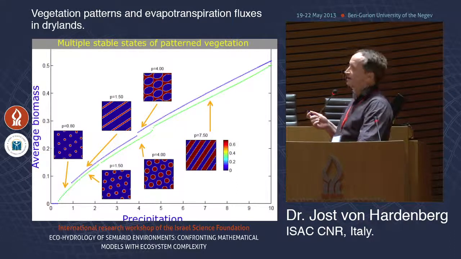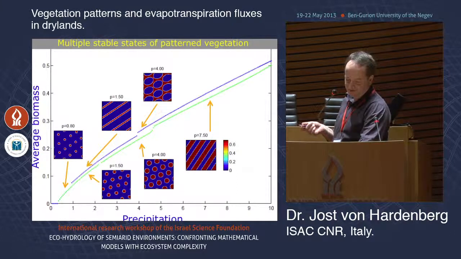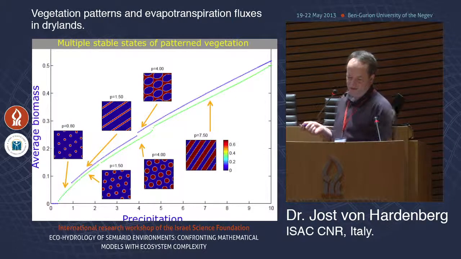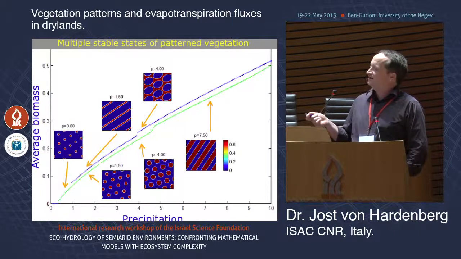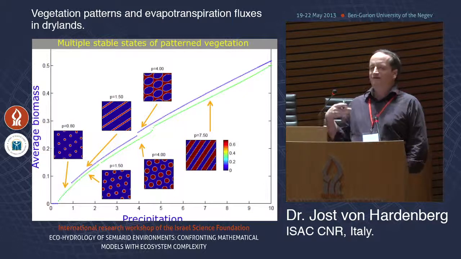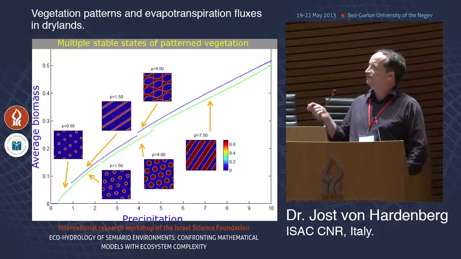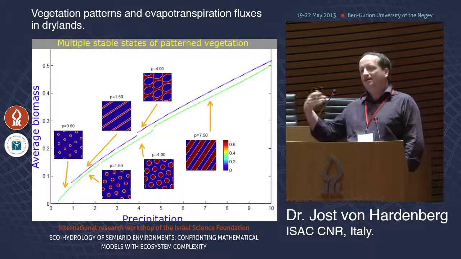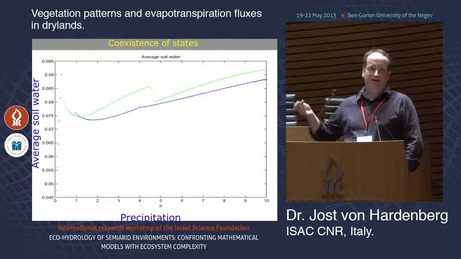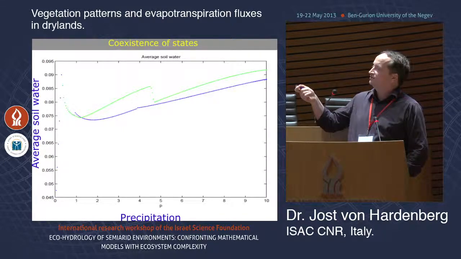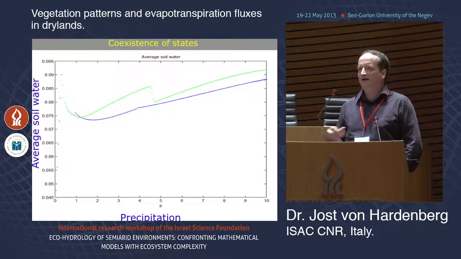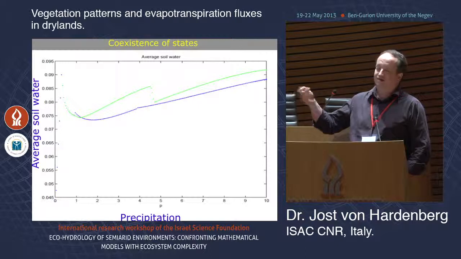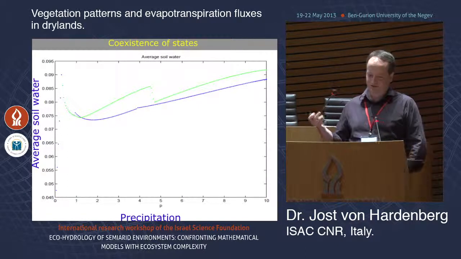And we know that this may be relevant because, as we have seen and already discussed, we have the issue of possible coexistence of different patterns. So at the same level of precipitation, we may have different patterns characterized by different levels of average biomass. We have coexistence of bands and spots, and these actually will correspond to different average bulk quantities in terms of biomass, in terms of fractional cover, and so on.